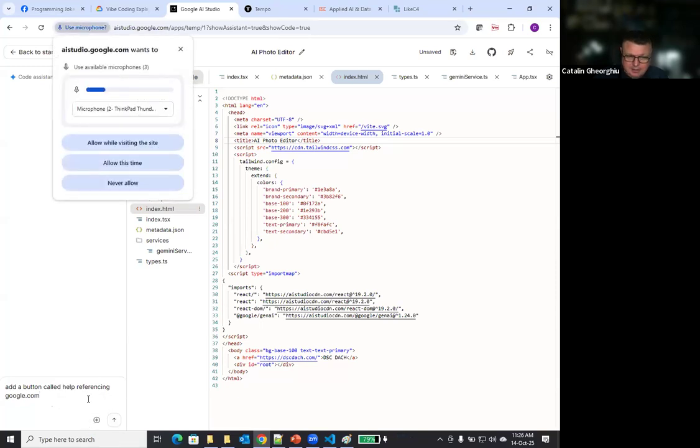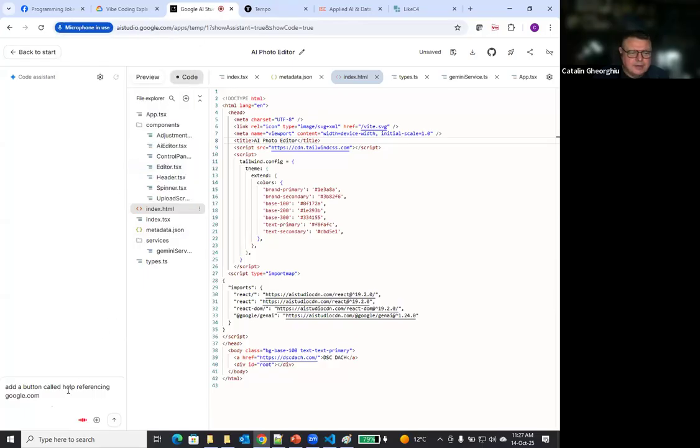Add a button called help referencing Google.com. Yeah, allow this time. We still send the prompt, and we are on time on this. So we see it up to a point of what it's doing.